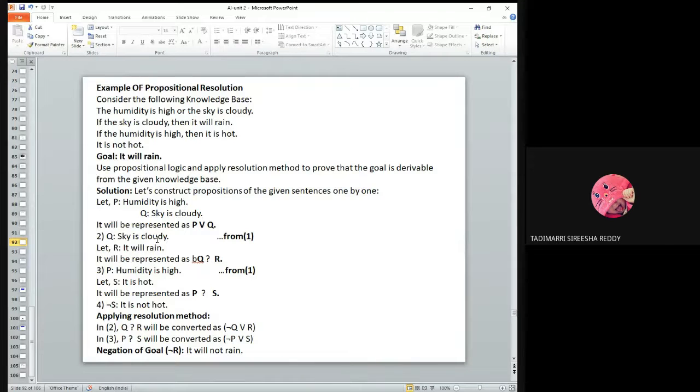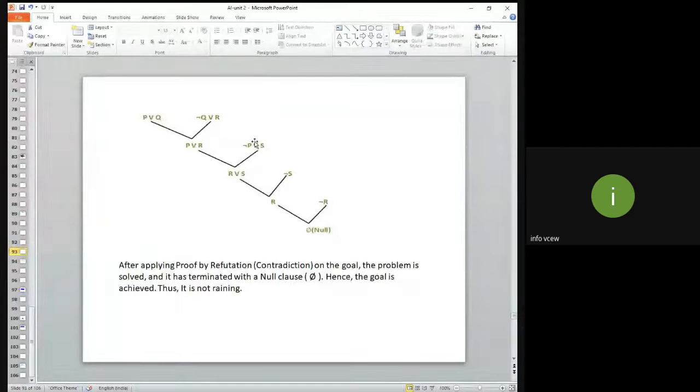Yes, ma'am. The sky is cloudy, then it will rain. The second statement. Okay. So அதுக்கு negation எடுக்கும் போது என்ன பண்ணுவோம்? Negation of Q union R. அப்ப Q வந்து இங்க இருக்க Q, இங்க இருக்க Q என்னவாகும்? What happened? Q negation of Q means